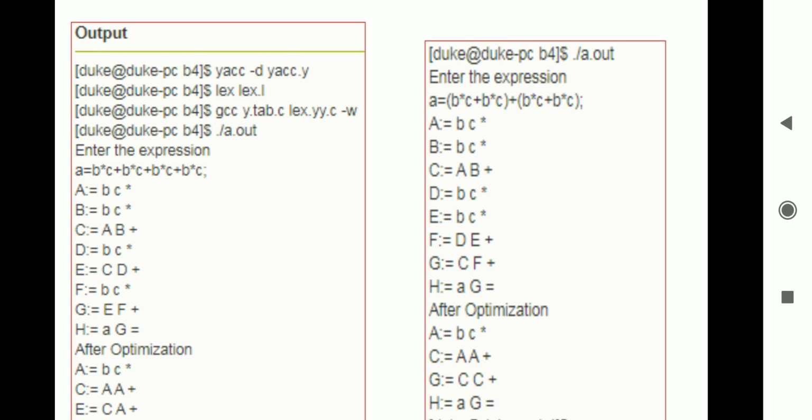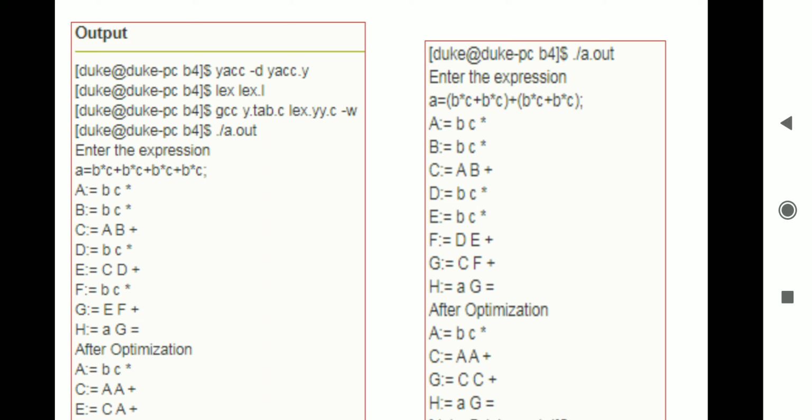When we press enter, it creates two files: the first file is y.tab.c and the second file is y.tab.h. After that we compile the lex file, lex.l, which creates the lex.yy.c file, and then we compile it by using the C compiler. Then we generate the output.